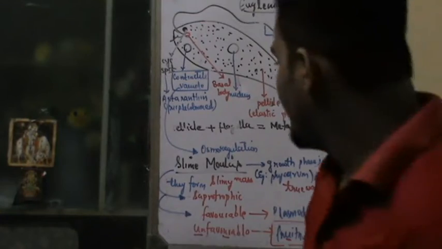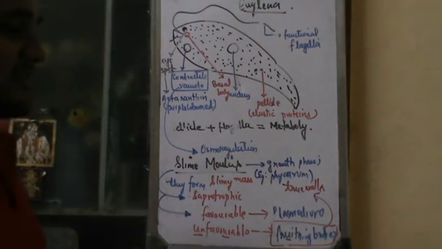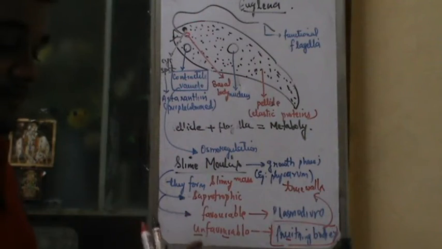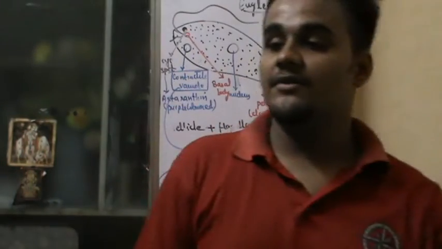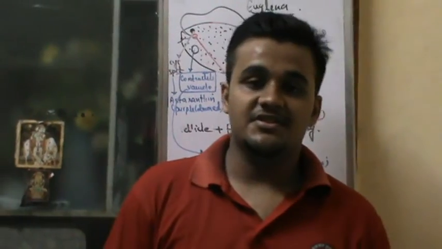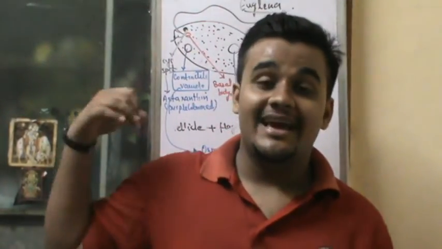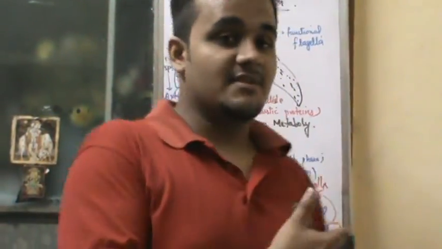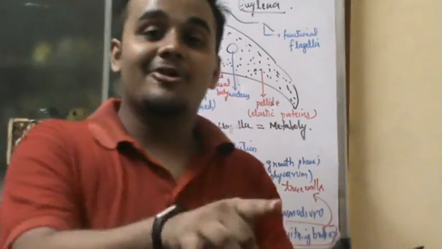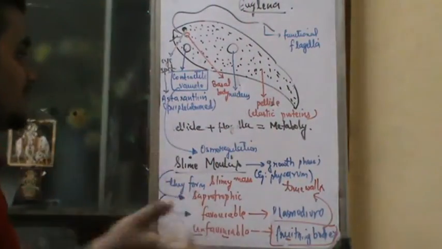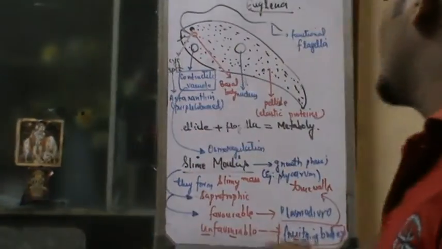Okay, that's all there is, son, for slime molds. There's one more point that I'll be teaching you in my video on taxonomic classification. As per Tippo's classification, the slime molds are kept in class Myxophyceae along with BGA. I've taught you in my previous video. So these are the things you have to remember. It's going to be very important. So that's all, son. There's nothing more in Protista beyond this.